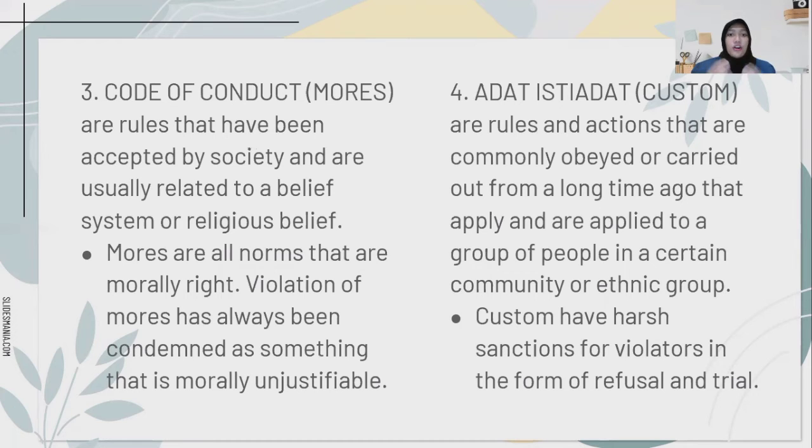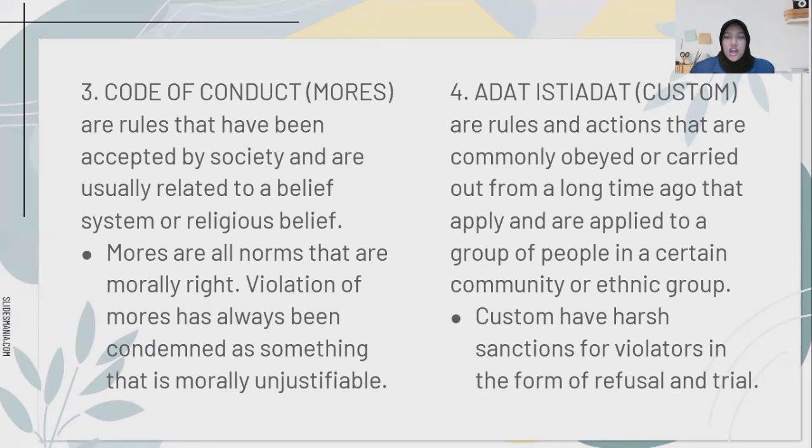Next, code of conduct or mores. Mores are rules that have been accepted by society and are usually related to a belief system or religious belief. Mores are all norms that are morally right. Violation of mores has always been condemned as something that is morally unjustifiable. Mores are seen as more essential for ensuring public welfare. Therefore, it is always defined by threats of much harsher sanction. Violation of the mores is always deeply regretted, and people always try very hard to keep the mores from being